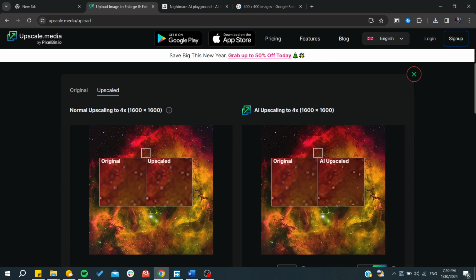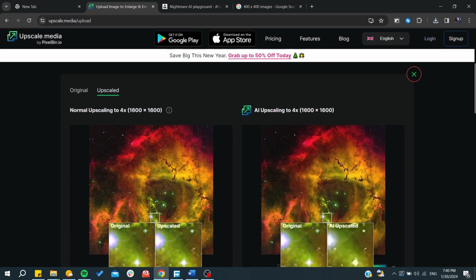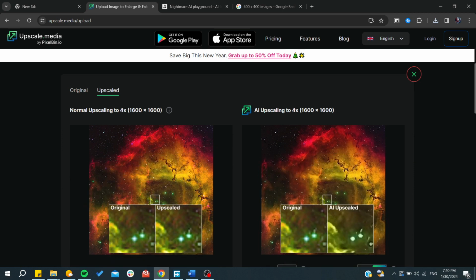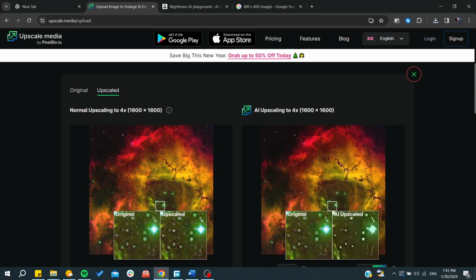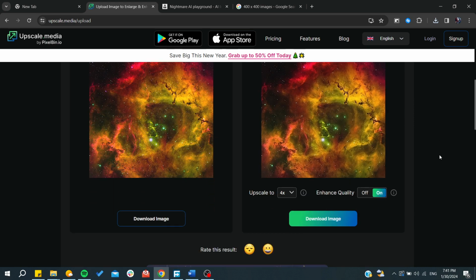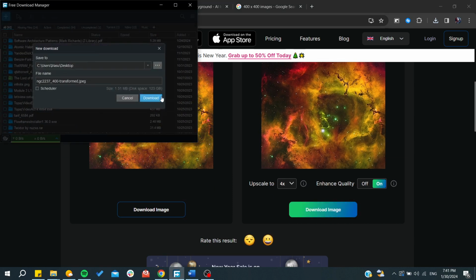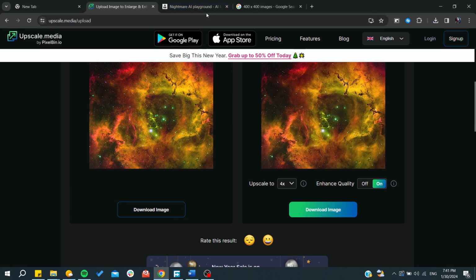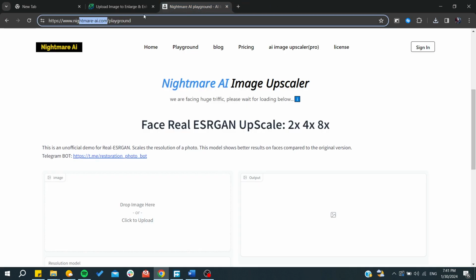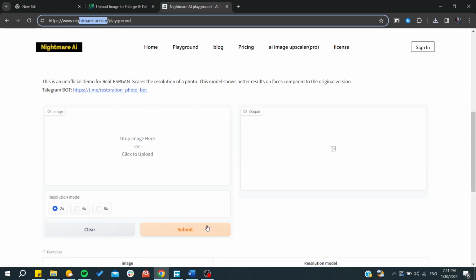So basically, you can see the difference between the images. The first one has more noise, and here there is no noise in the upscaled one. After that, you will just need to download your image, and you will have your upscaled image. Otherwise, in the Nightmare AI tool, you can do the same, but here it can go up to